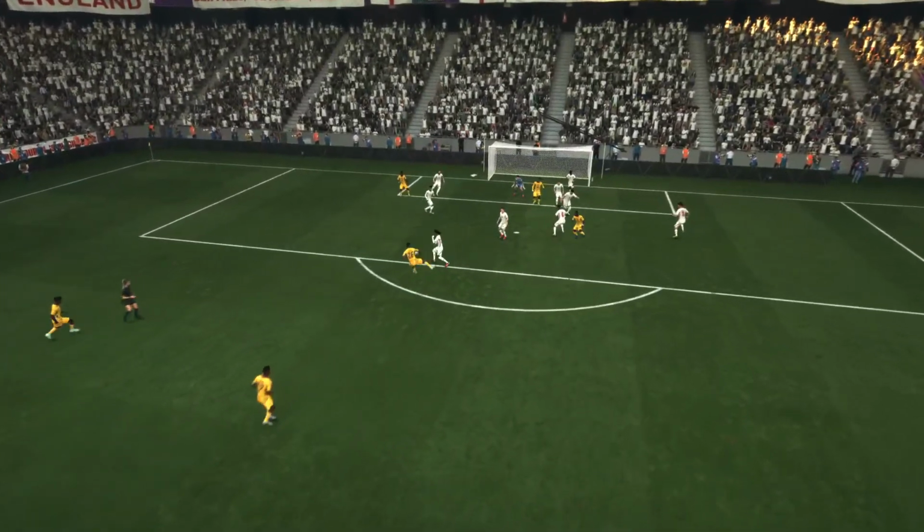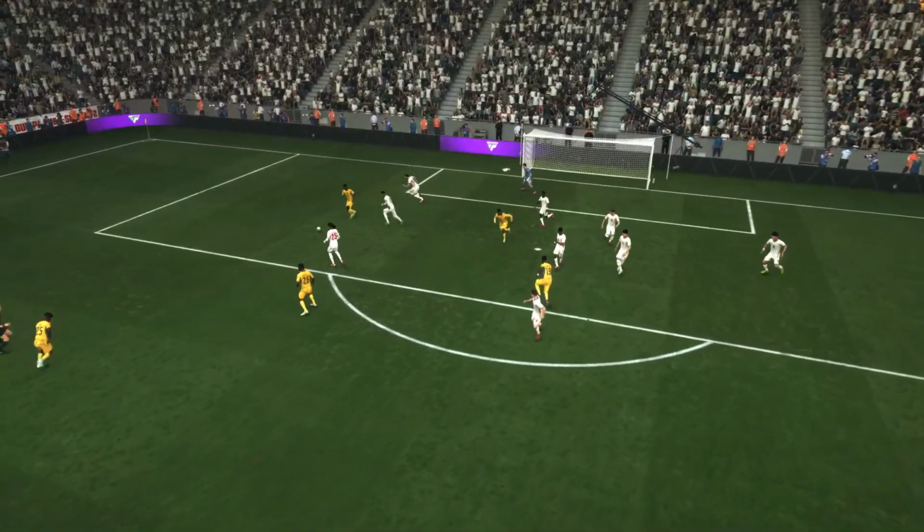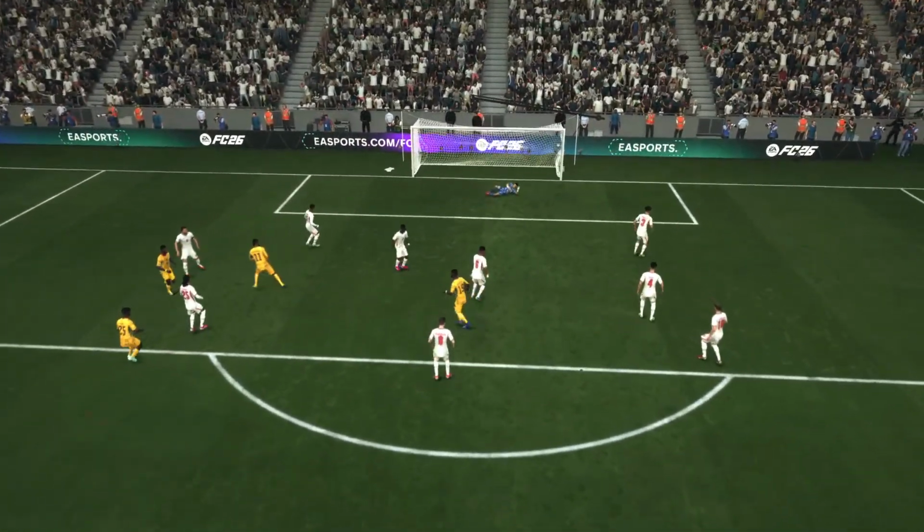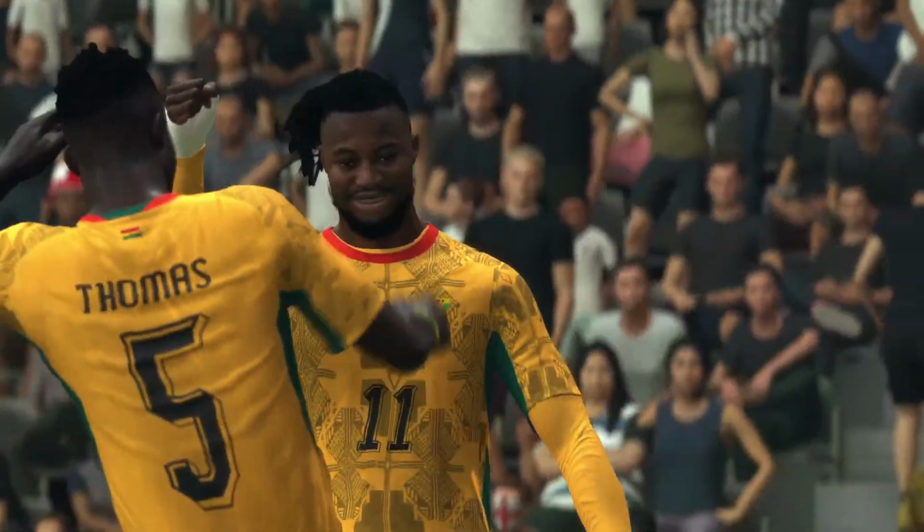Well, here's the replay, and he shows great awareness to pick out a teammate with a lovely cutback. And it's not an easy finish, but he makes it look that way. He keeps his head over the ball, and it's a beautiful goal.